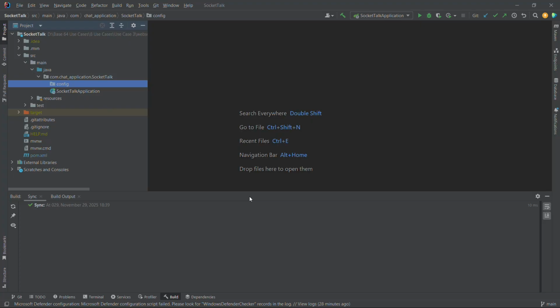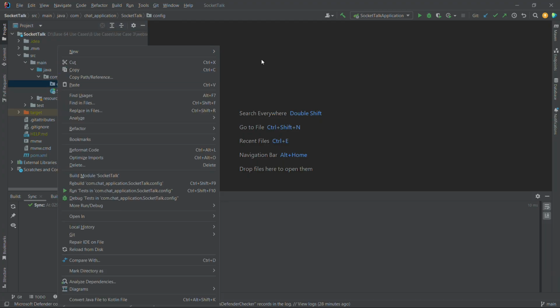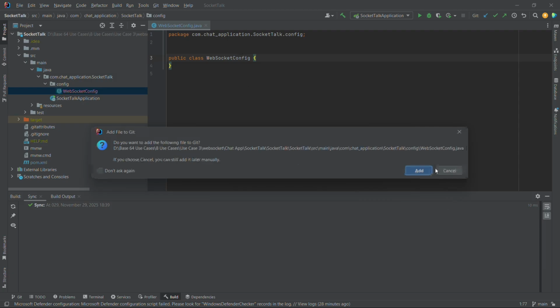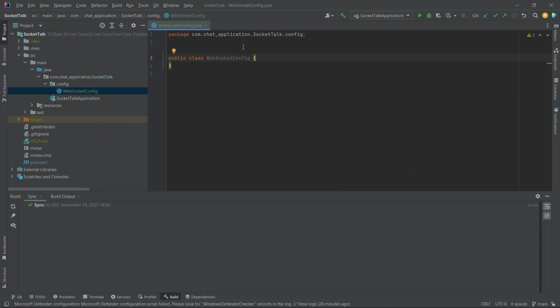Okay, so in the starting, what we need to do is create one configuration file for our WebSocket and the message broking. So I've created a package called config, and inside it, I'm going to create a Java class, and I'm going to call it WebSocketConfig. And this class is going to implement